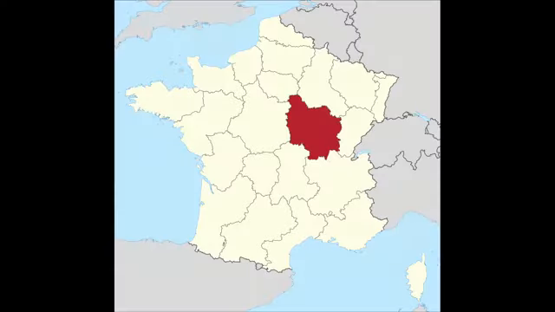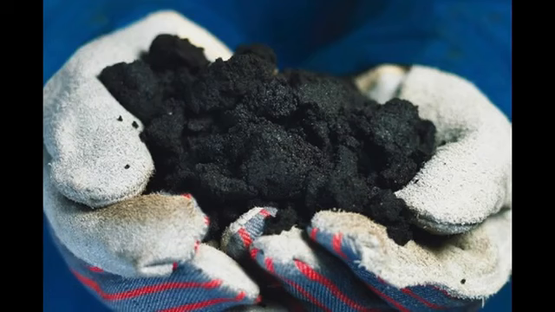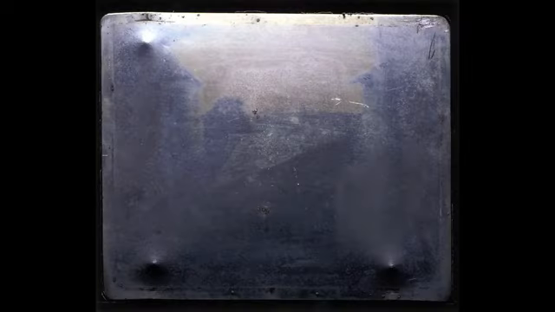So how did we get something like this from the Camera Obscura? Let's go back to the Burgundy section of France, the year 1826. Joseph Niepce, a French inventor, had been experimenting with light-sensitive materials for quite some time. He was incapable as an artist, so he used his knowledge of chemistry to develop a bitumen solution, which he coated on a pewter plate and exposed to 8 hours of sunlight, capturing the first photograph known to mankind.